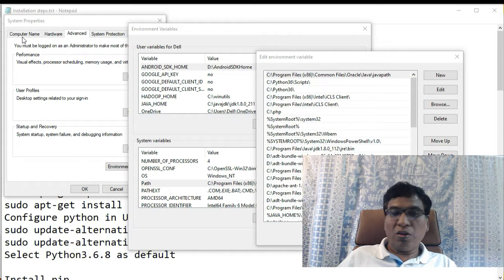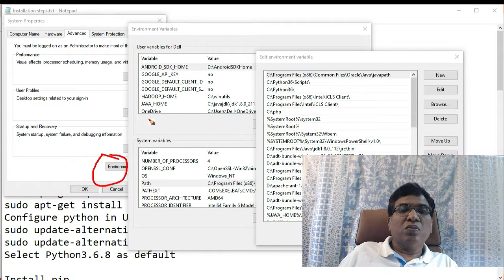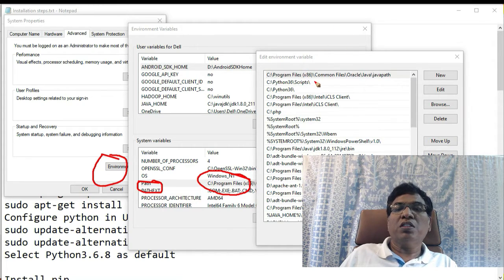Under environment variable, you can see the path variable here. In this path variable, you can see the path of Python also.